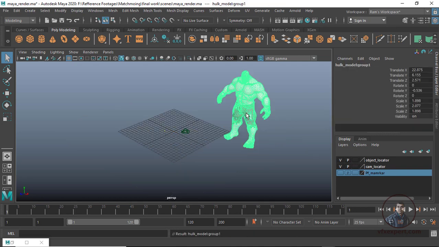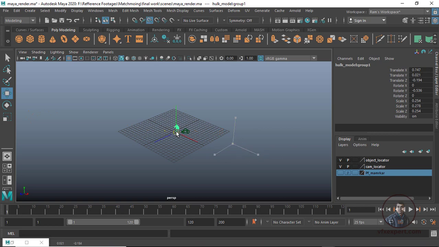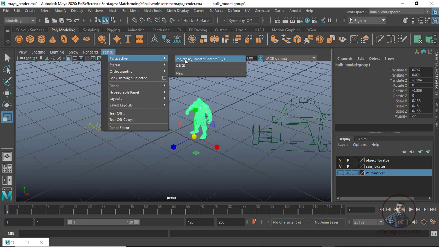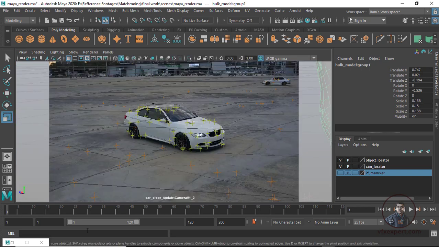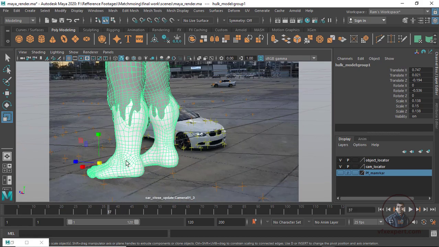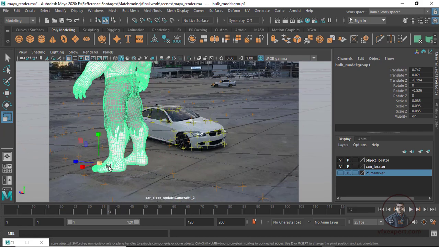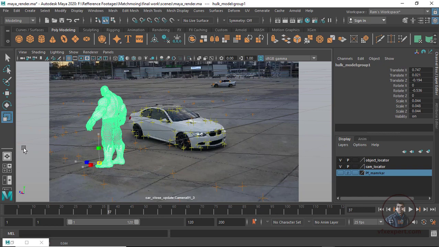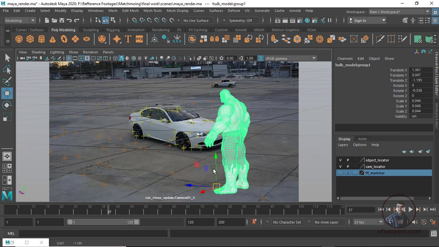This is your object, resize this one. Now again come in camera view. Now this is your object. Okay, now let me resize this one again. Now just place at your selected features where you want to place. Now here first one, now press W, then V, just snap your objects onto the points. Now a little bit just rotate this one.